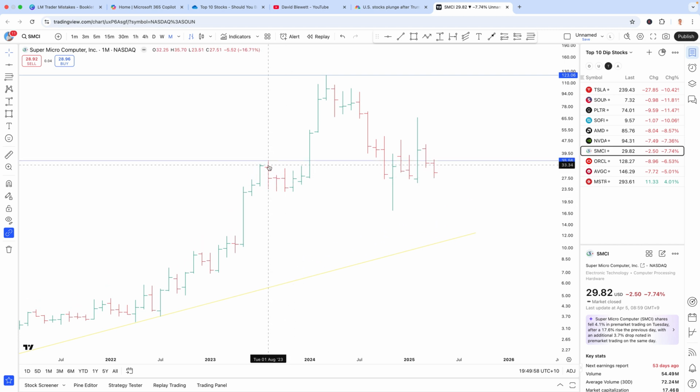Now, based on the peak back here in August 2023 and this sideways price action, there does appear to be some resistance around the $35 level. So it'll be interesting to see what price does in April. Will it be rejected at this level and fall further, or is it going to break through and start moving up? I think for an entry on Supermicro, I want to see price action in April come and break this